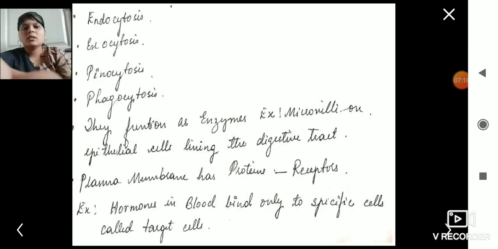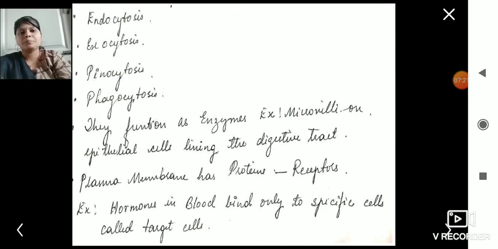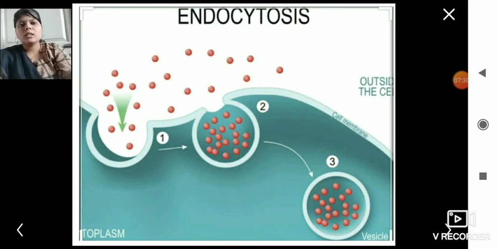Okay, so here are some more functions of the plasma membrane. This is endocytosis. What does endocytosis mean? See, if you can see this diagram, the molecules which are outside are taken up in the form of a vesicle. The plasma membrane itself is going to create a vesicle, that is, invagination is going to take place, and the molecules are covered and let inside. This vesicle is going to form, and then it is going to digest it. Okay, so foreign substances, anything that is there, is going to be digested, or if it is required, we say the cell takes in the materials.